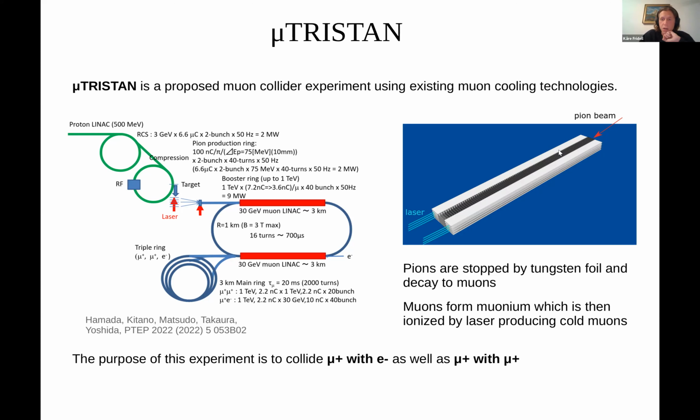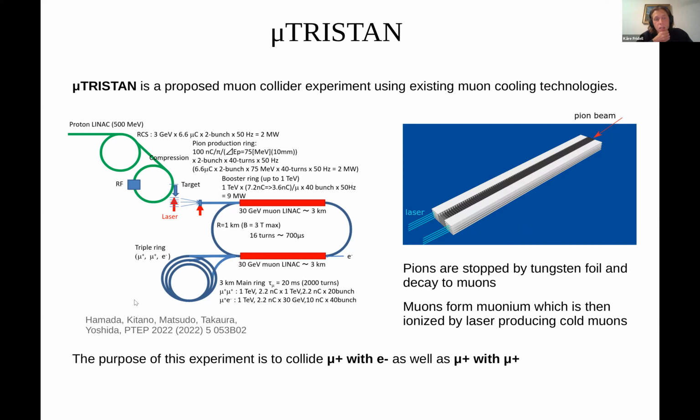And on the sides here, we have a bunch of free electrons that catch the muons, forming muonium. In that way, they stop the muons there. The muonium can then be ionized with lasers to produce a bunch of cold muons. And it's this compact bunch of cold muons that can be re-accelerated in linear accelerators and then injected into this ring that will serve as the mu-Tristan experiment.